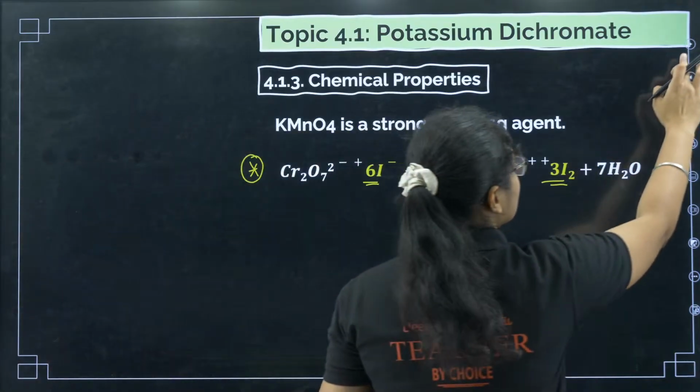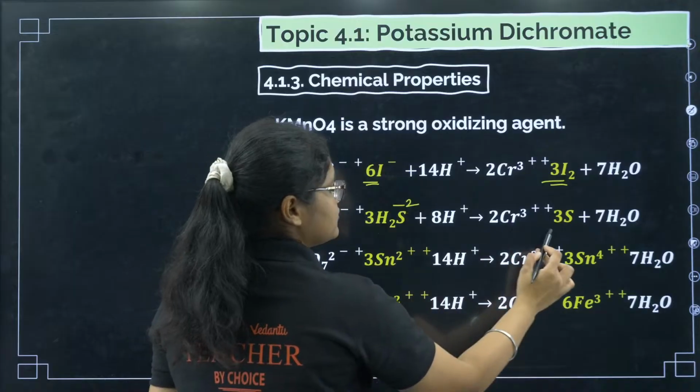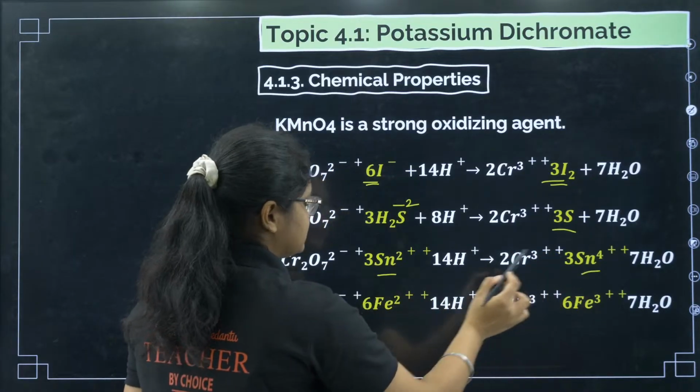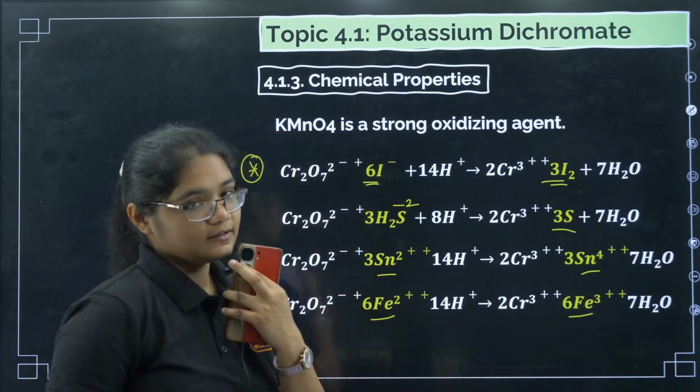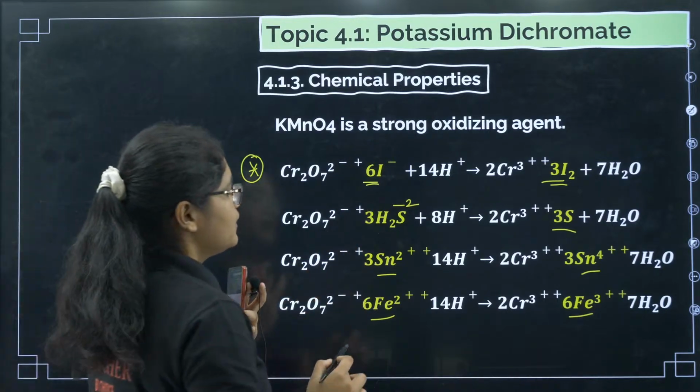Next, what all oxidation reactions do we have? You can see S2 minus gets oxidized to S, Sn2 plus to Sn4 plus, Fe2 plus to Fe3 plus. Now this is important in the acidic medium. Okay, next we have